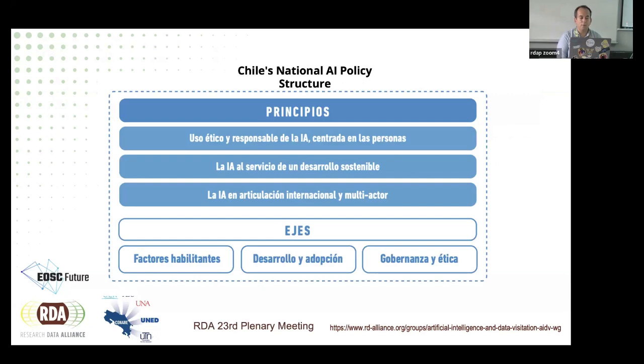This is in Spanish for all, but there are the principles up there: the ethical and responsible use of AI, focused on people; then AI as a service regarding sustainable development; and the articulation of multi-sector AI in these principles. The 3 pillars, as I said yesterday, are the enabling factors, development and adoption, and ethics and good